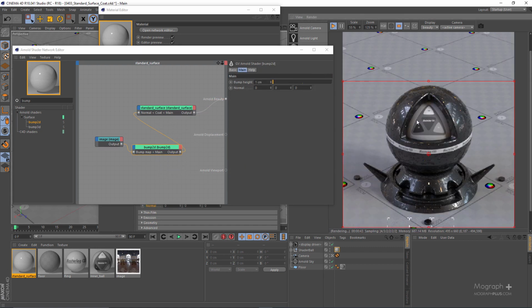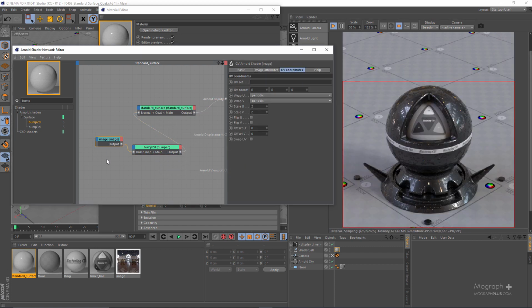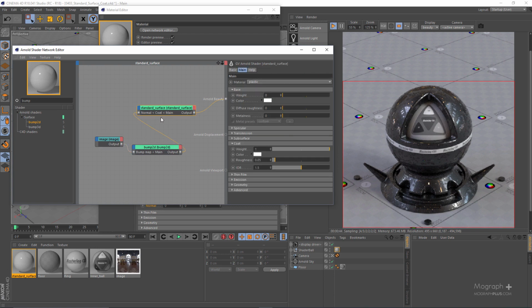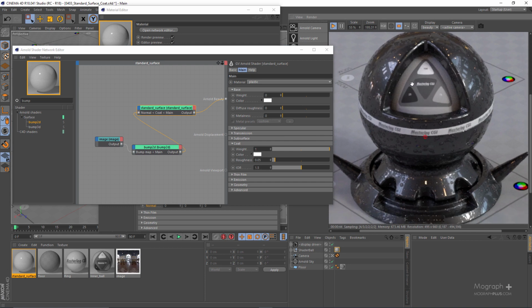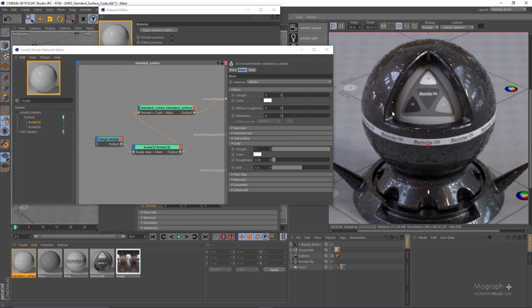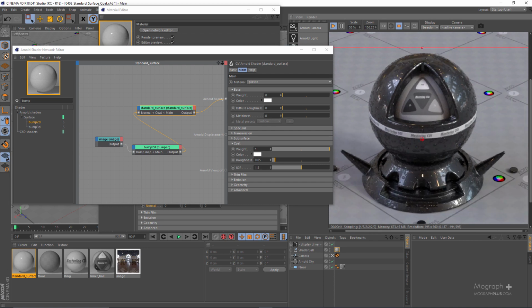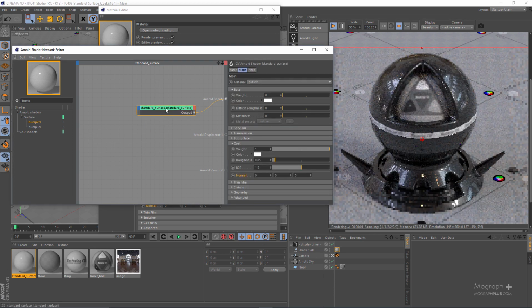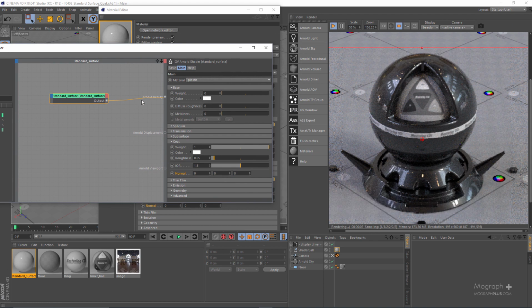And so you can clearly see how this image using the normal parameter is affecting our clear coat layer. You can see we have this kind of like rain effect. Now let me just show you how to actually create really realistic and eye-catching car paint material using the clear coat section. So I'm just going to delete this bump 2D map, and let's start